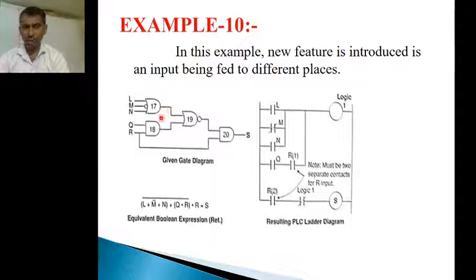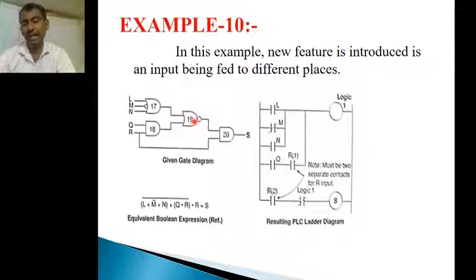And next Q, R connected to the AND gate. So those are connected in a series manner. These two combinations are connected to what? One OR gate. So this combination and this combination can be represented with a parallel connection. So we can get one output. This one is connected to the NOT OR gate, the NOR gate. So we have to reverse the NOR operation.